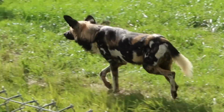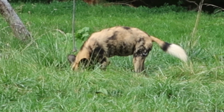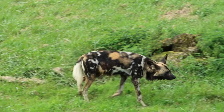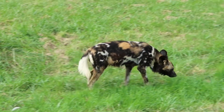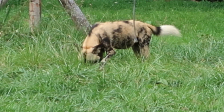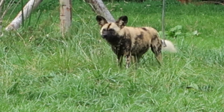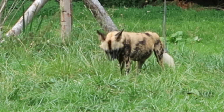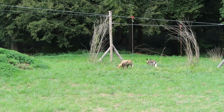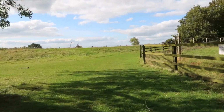Wait, what? That's great. That was getting closer, so I'm trying to get some. It's trying to be coy though. It's getting a tad blowy out the far end of the park, but